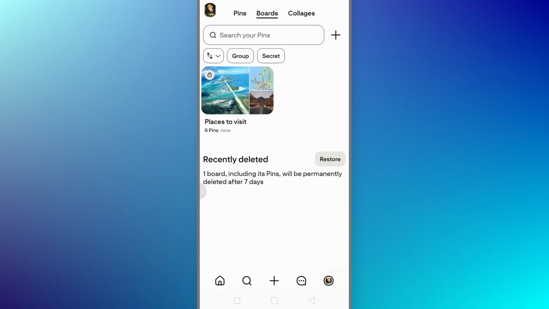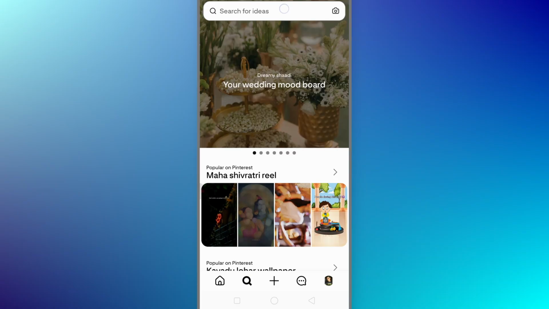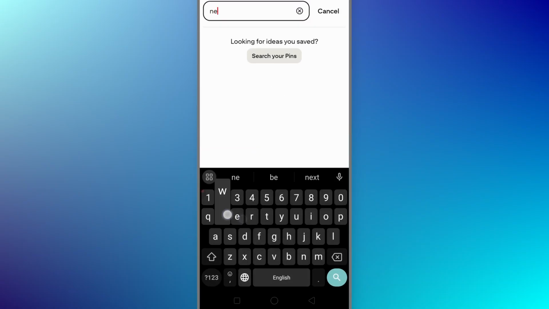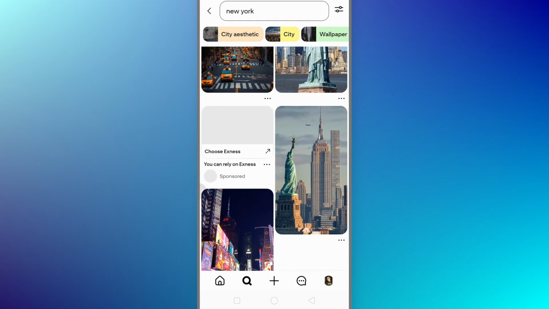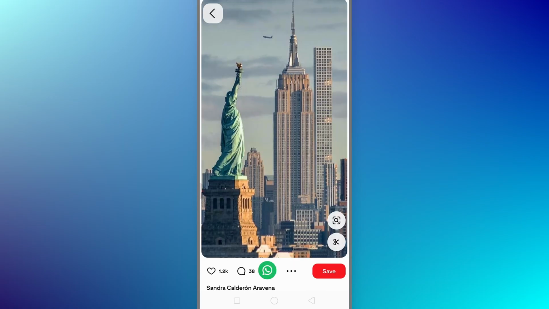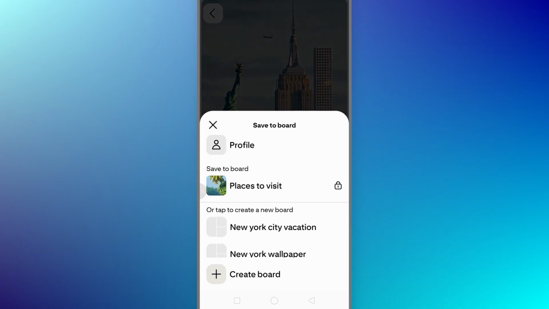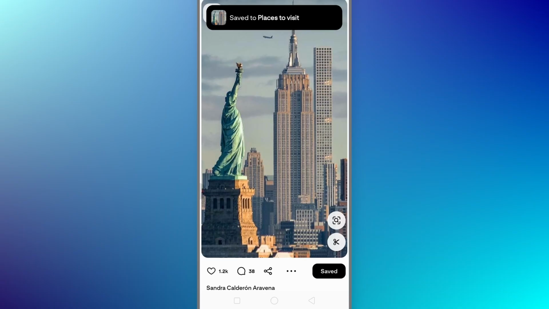And similarly, if you want to add images to your board by searching for them, then you can just click on the search icon and search for your image. I'll just type here, let's suppose New York, and let's suppose I like this image, so I can just click on it, then click on save, and here you will see your board. So this is mine, I can just click on it, and yeah, that's the way you can add images